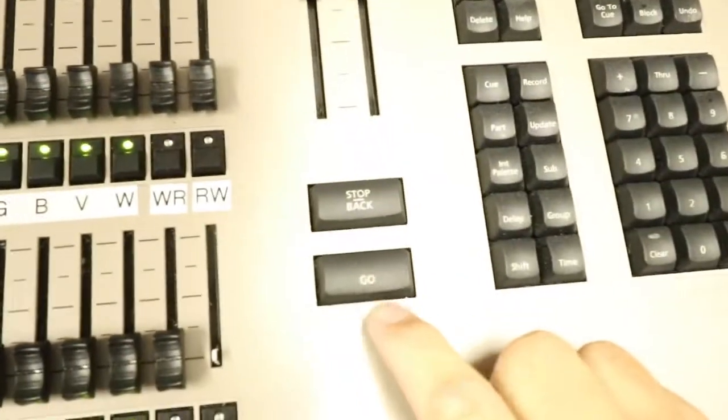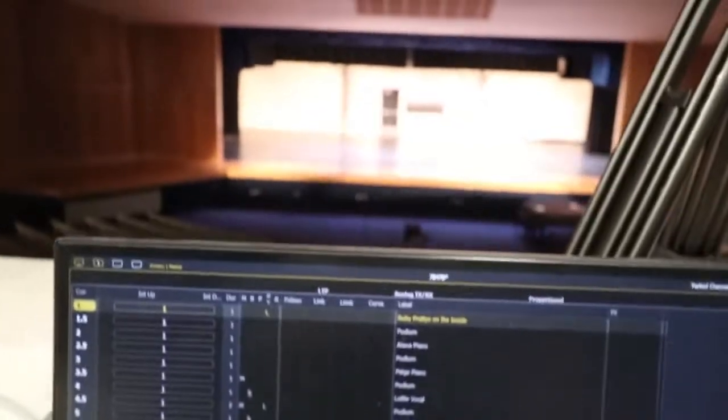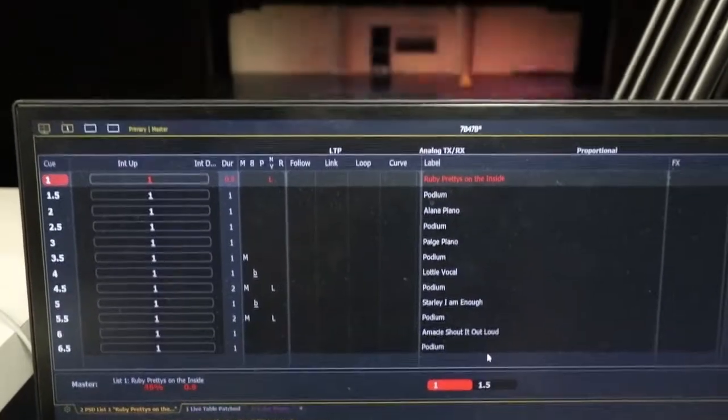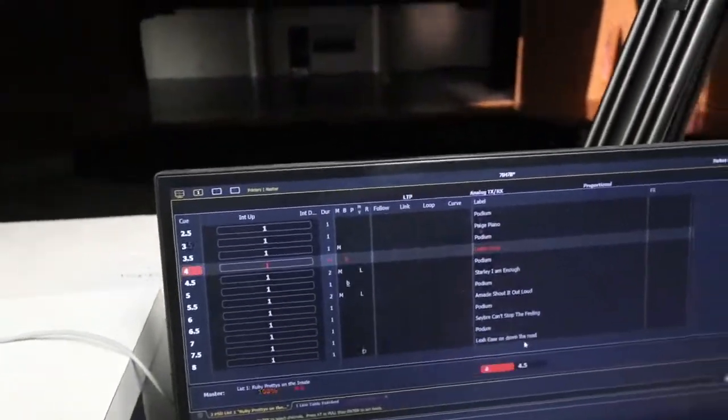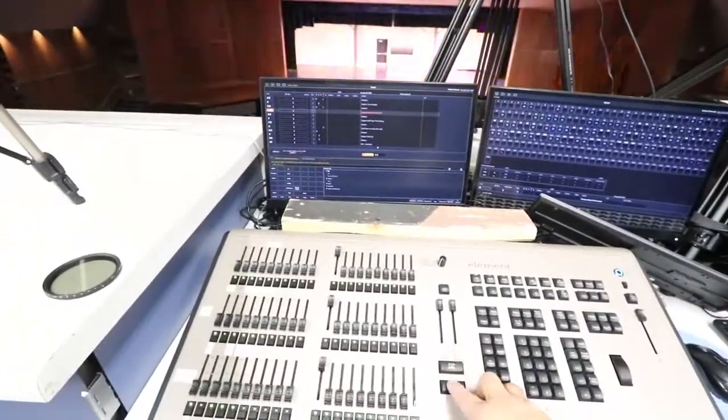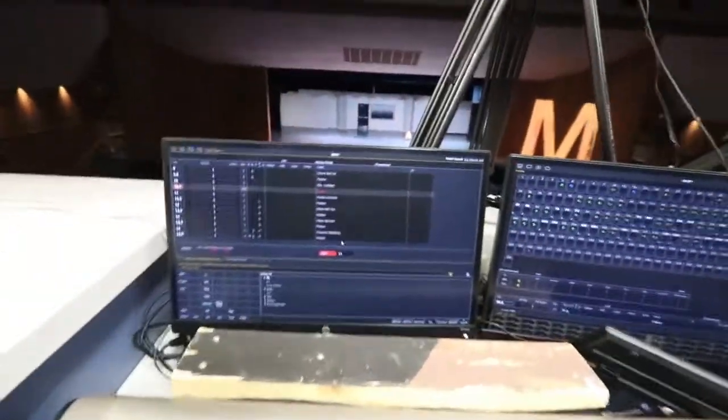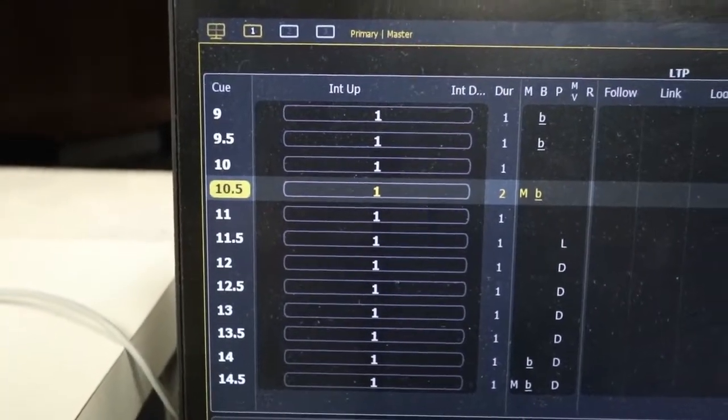plenty. So now you see again, I'm gonna hit go on here. We're gonna watch it go to this first cue. I just hit go and it goes to those lights. If I hit podium, it pulls up over there where the podium is. You get the idea. So if you need to program in, you can see that we've got some 10s and